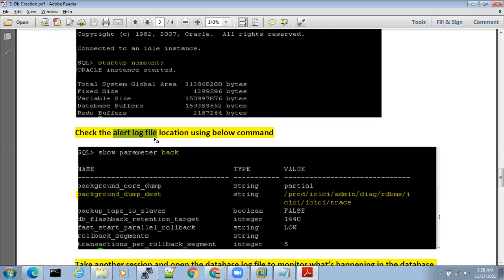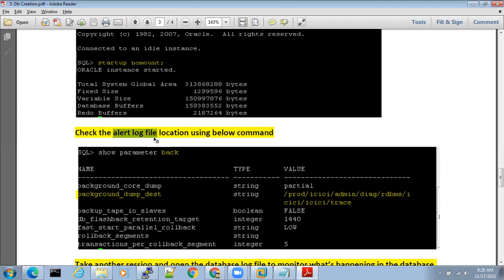So this alert log file gives very good information. For example, if there is any error, the alert log file will catch the error and show it to you so that you can fix it easily.